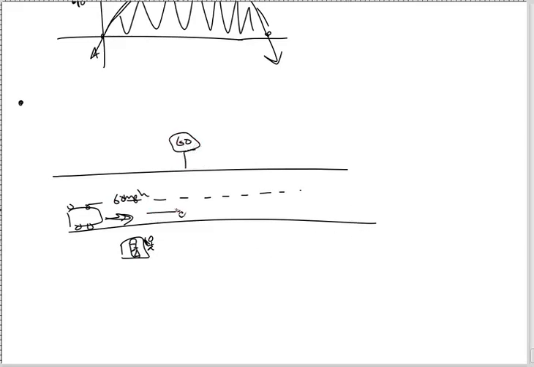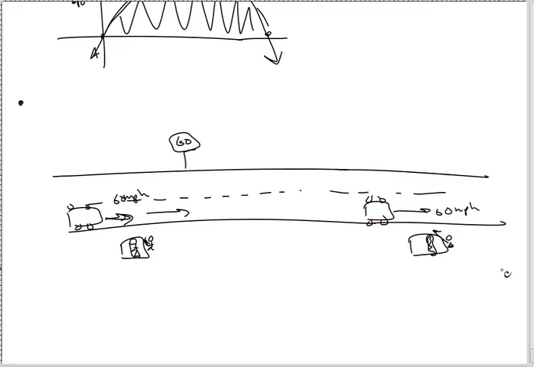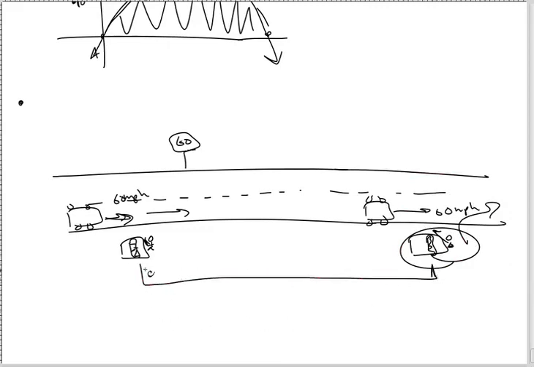So, okay, keep going. And then as you keep going, way down over here, there is another cop, and he's also beaming you, and he detects you going 60 miles an hour. Cool. He pulls you over, and you're like, okay, whoa, I was going the speed limit. But here's the thing. These guys have walkie-talkies or whatever they got. And so